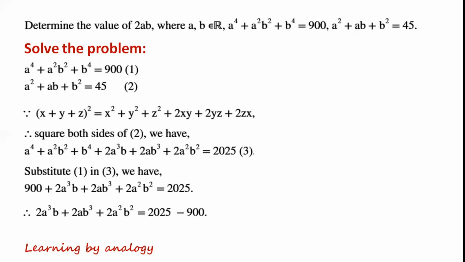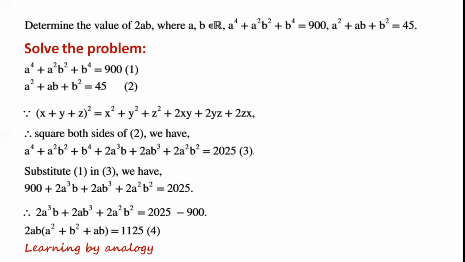So 2a cubed b plus 2ab cubed plus 2a squared b squared equals 2025 minus 900. By simplifying the equation, we have